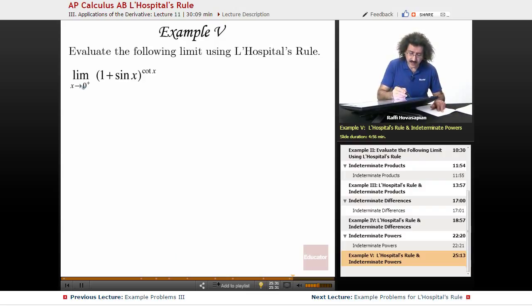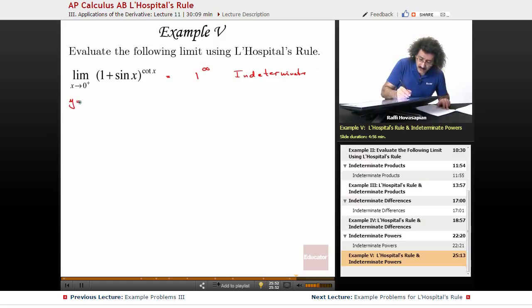Okay, well, as x approaches 0, sine of x is going to go to 0, so this is going to equal 1. And as x approaches 0, cotan x goes to infinity. So this is 1 to the infinity power. This definitely qualifies as an indeterminate power. Indeterminate. Okay, well, here our function is y equals 1 plus sine x